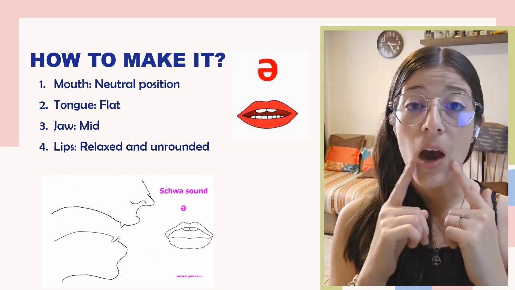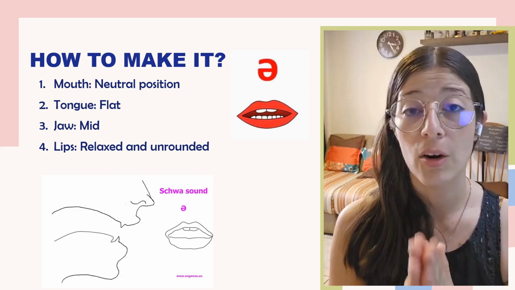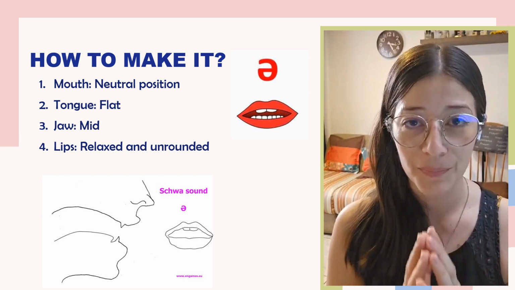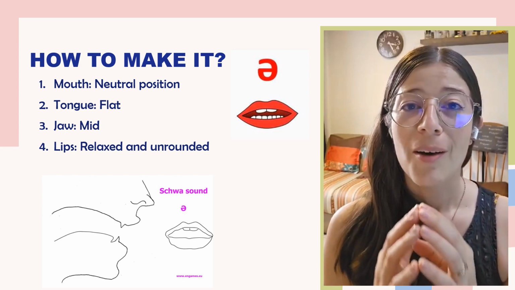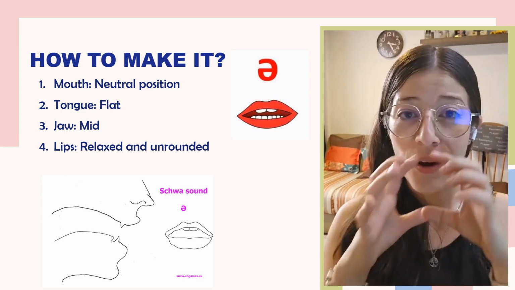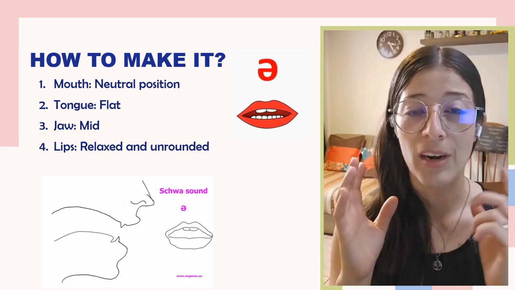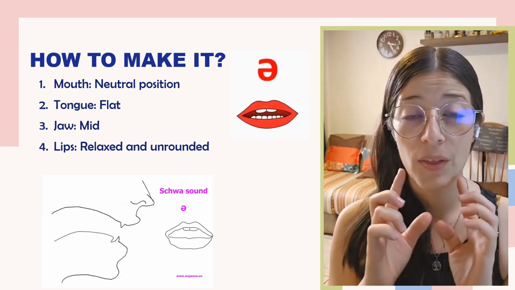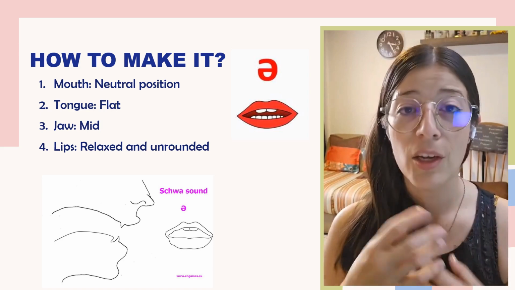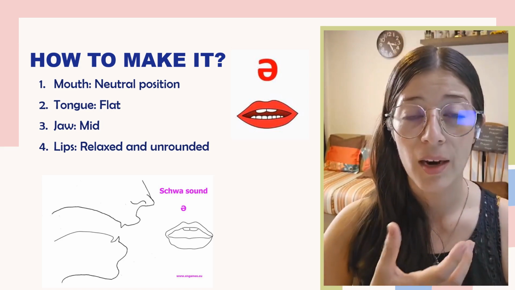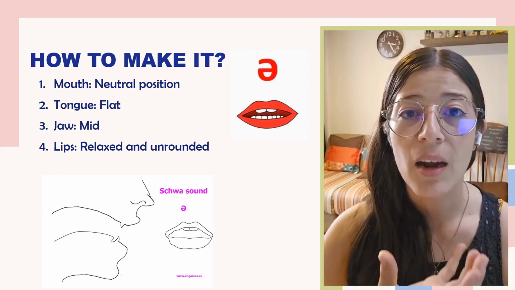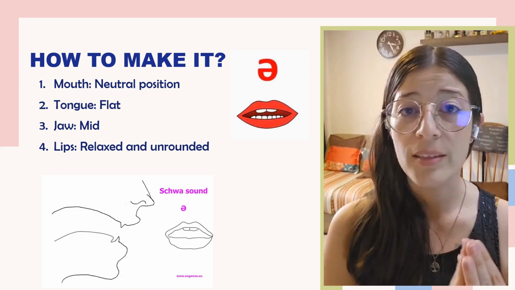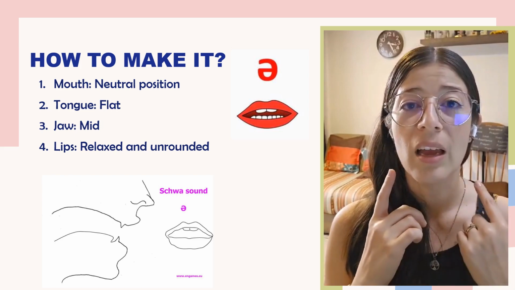And finally, our lips need to be relaxed as well. So basically you have to relax all of this area. Everything needs to be relaxed. And once you have all of the things that we mentioned before relaxed, you're just going to produce air, or you're just going to let air out of your mouth. So in this instance, the schwa sound would be like